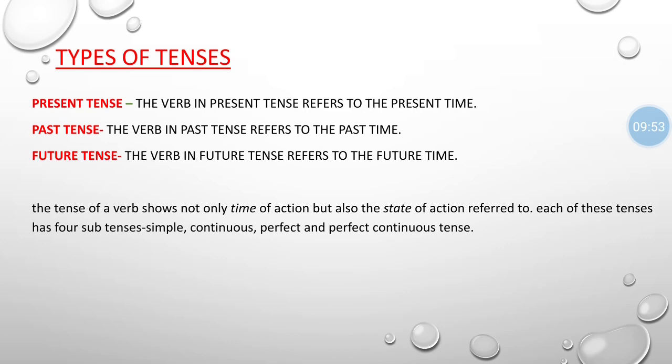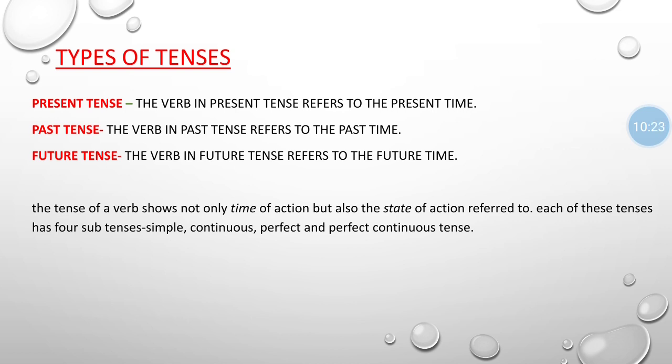As per the tense or as per the time, there are 3 times: present, past and future, meaning present tense, past tense and future tense. We identify these tenses as per the verb used in the sentence. It means the verb indicates the present time, past time and future time, whether the action is completed, or will be completed. We identify it as per the verb. So the verb indicates the tense.